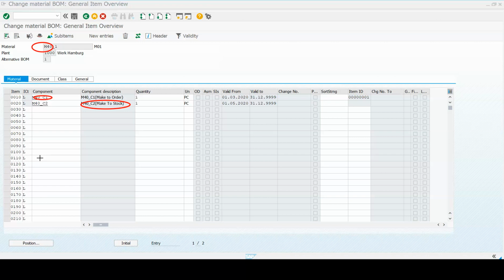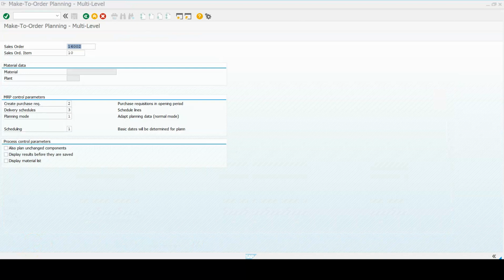Since this is make to order, there is already a sales order. So I'm going to do a sales order level MRP run through MD50. This is my sales order and this is my item number. So I'm just running MRP for it.